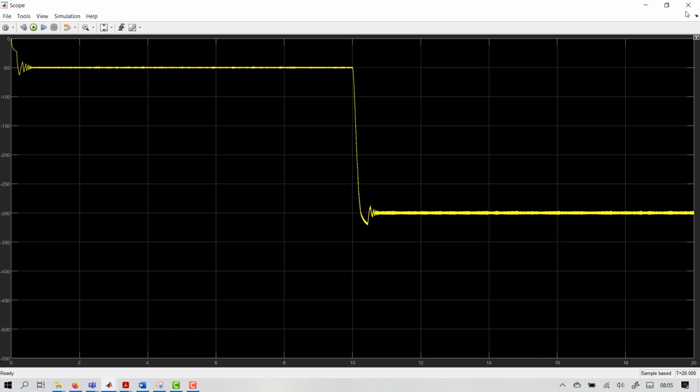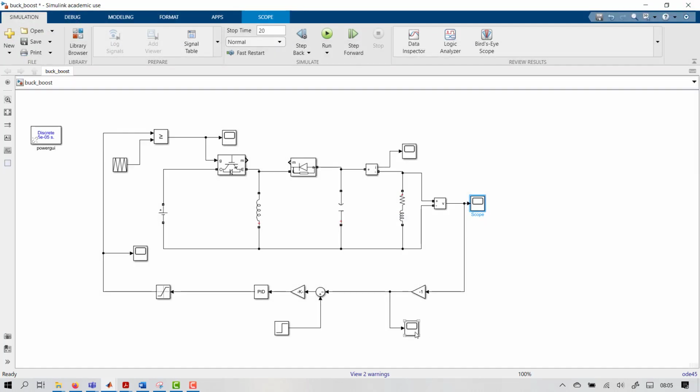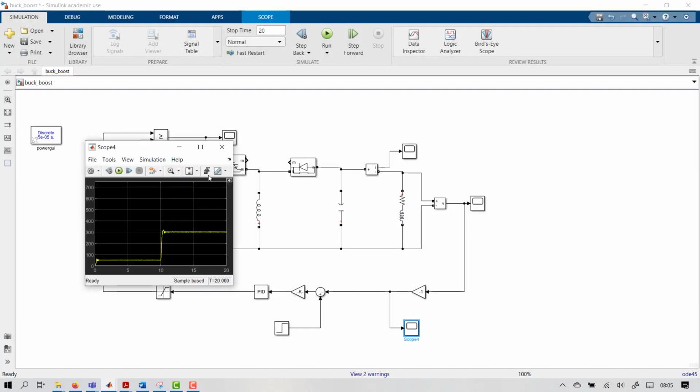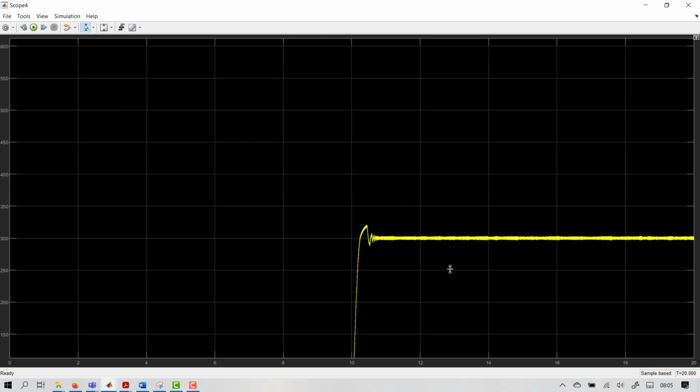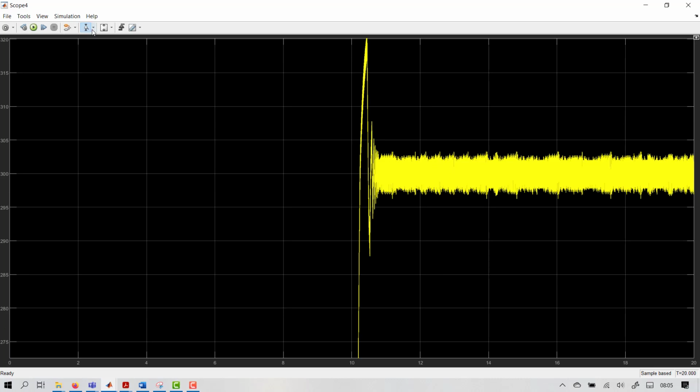Because this is negative voltage and I want to see it as positive, I'll check here. You can see how it starts from 0 to 50 and then goes to 300 and how it gets settled here. This is how you will be able to see clearly how the ripples are there and how these things are happening at this level.